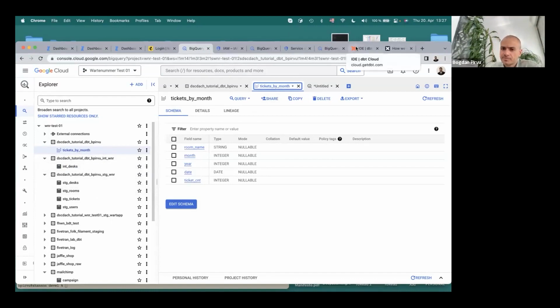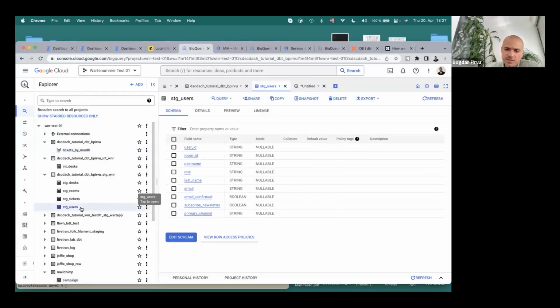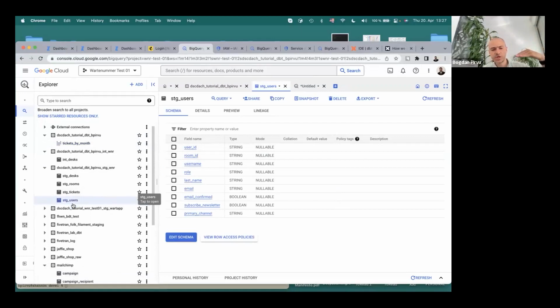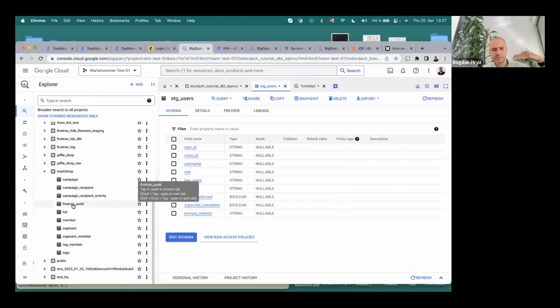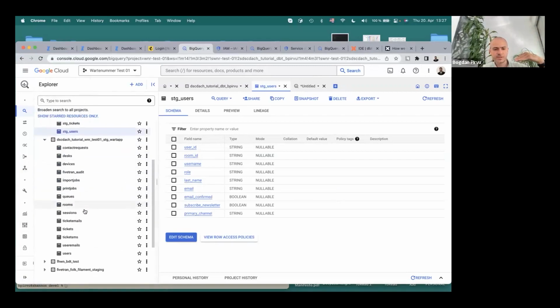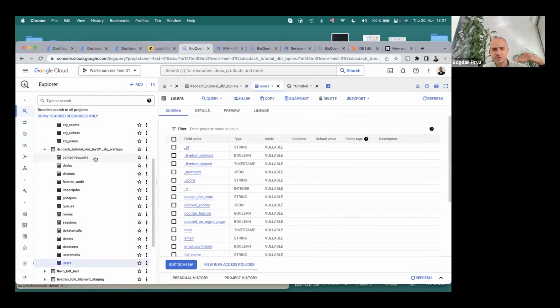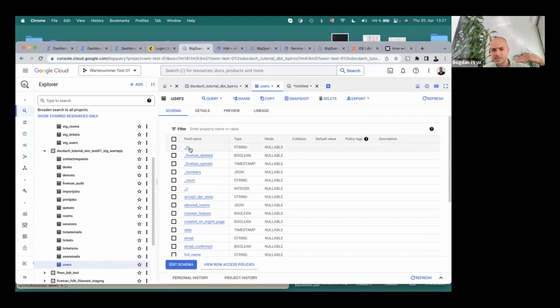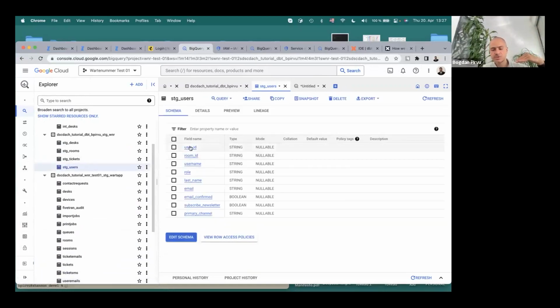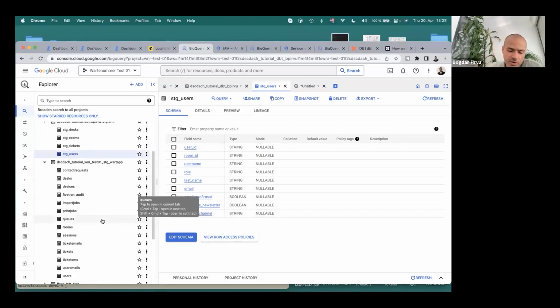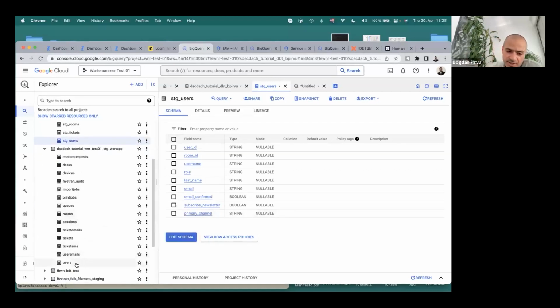What you're seeing here is basically in the staging layer, I'm just picking a few columns out of all the original columns. So in the original users table, you see I have a bunch of columns here. And in the staging table, what I'm doing is to transform names. For instance, this ID goes to user ID, and I'm just selecting a few of the columns. And this is basically what you need, because you don't need all the time all of the columns from the original database,